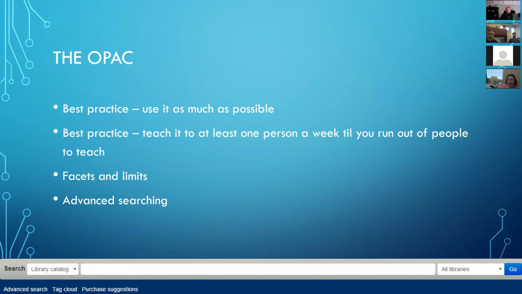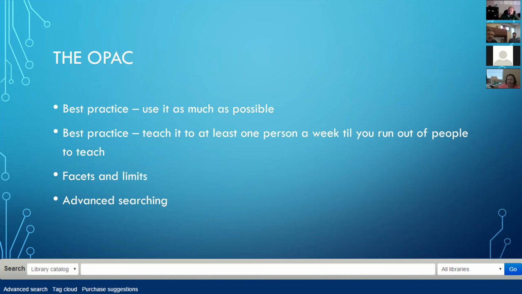Anyway, the best practice for the OPAC is to use it as much as possible. If you're searching for something, try to use it instead of the staff side. There is a link at the top of the staff side that just says OPAC. Click on it, that will open it up in a new tab, and you can do your search. You have access to your NoveList information. You'll see how it works for your patrons so that when they have questions, you can answer them. And you can also maybe find some pain points that you can report to us so we can hopefully fix them.